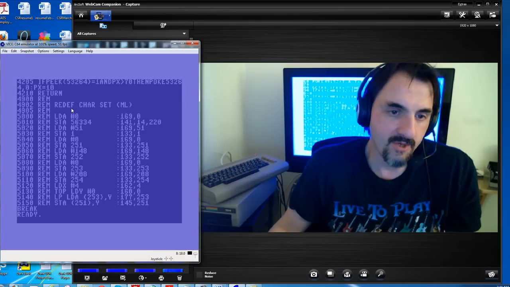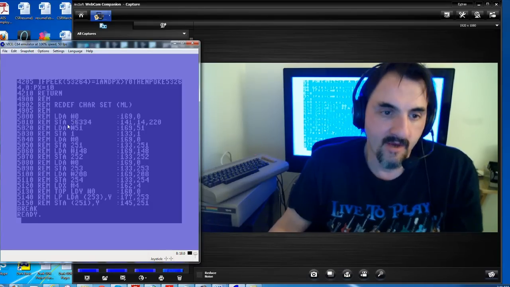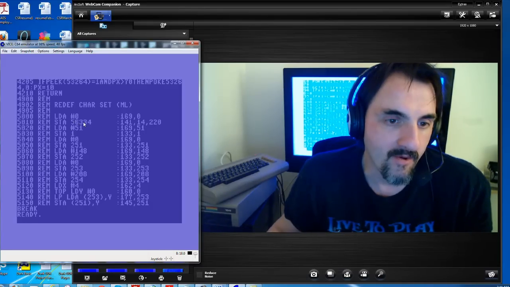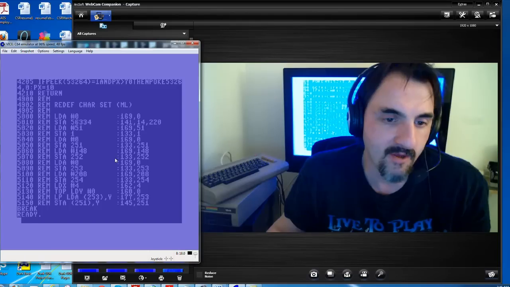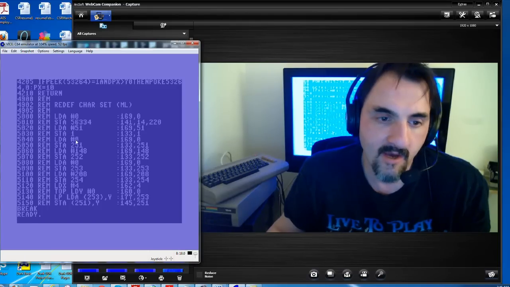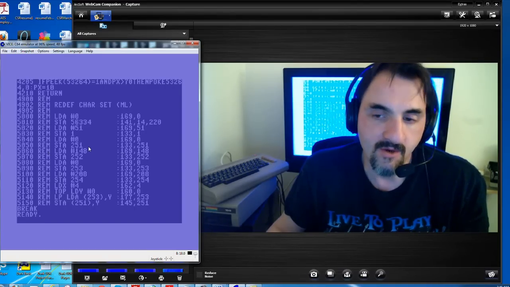Right here where it says Redefine Character Set, these are the same data statements that you just looked at, and this will break it up line by line. I don't think I explained that a whole lot because it's not really necessary to understand it, just to know that if you use this data statement, it'll redefine the character set. And all this is doing is taking the high and the low byte memory so it can move the ROM to RAM, because your character set is stored in ROM,